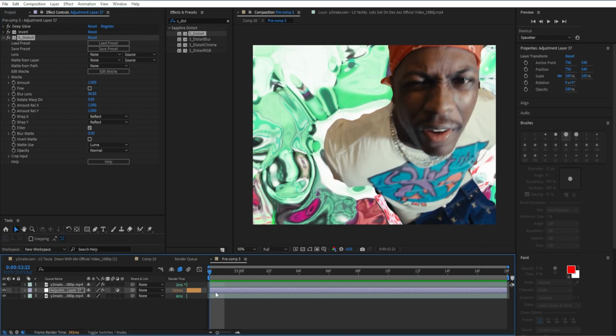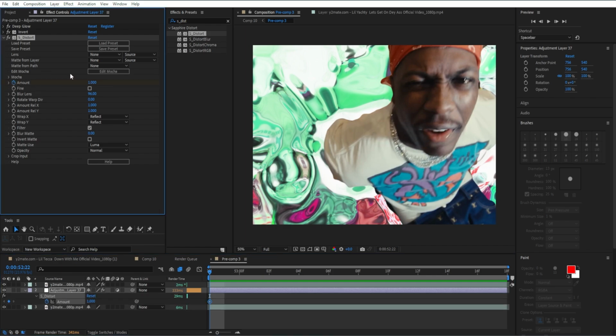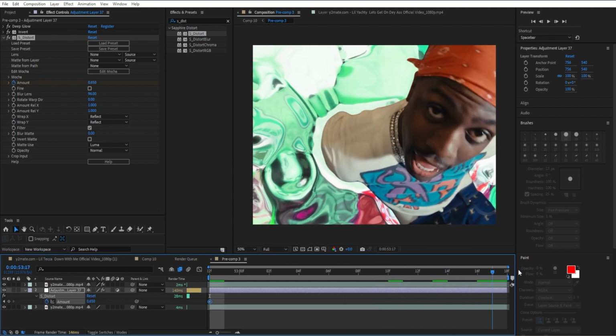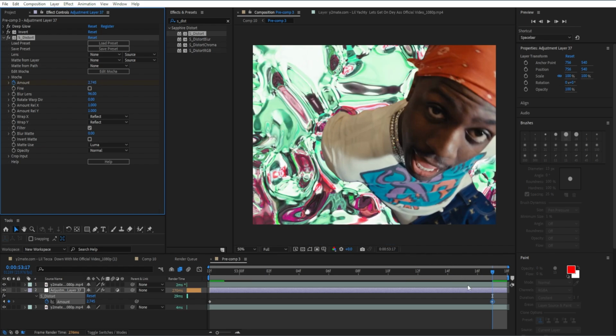I'm going to go to the beginning of our adjustment layer. Click the stopwatch for our amount. Go right here, put it on 0.650 at the beginning. You want to head towards the end right here. I'm going to put it to 2.745 at the end. I'm going to highlight our keyframes and F9 easy ease them, and then I'm going to add radial